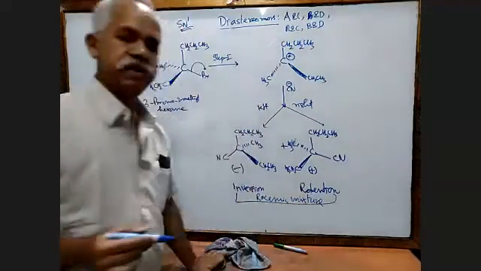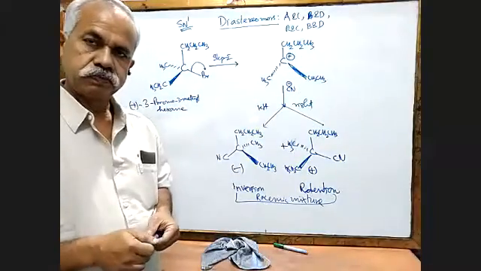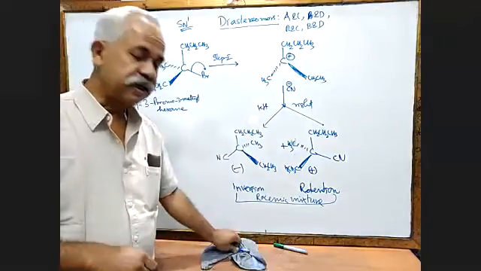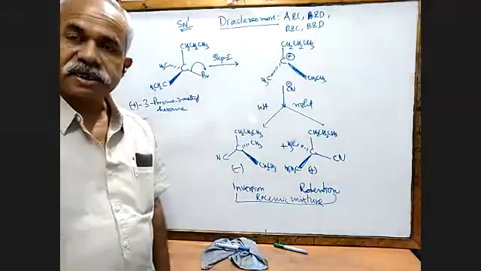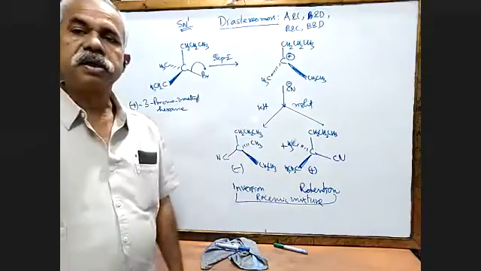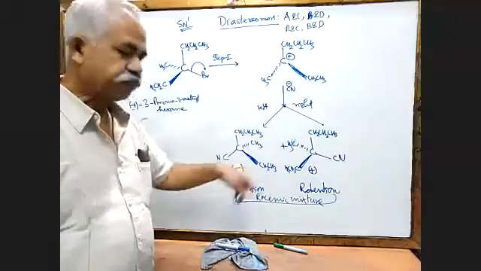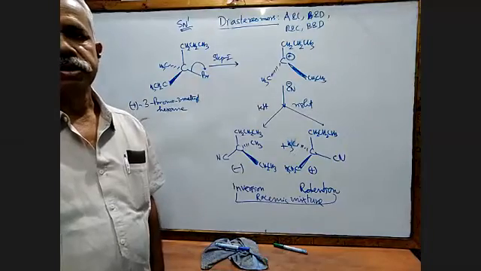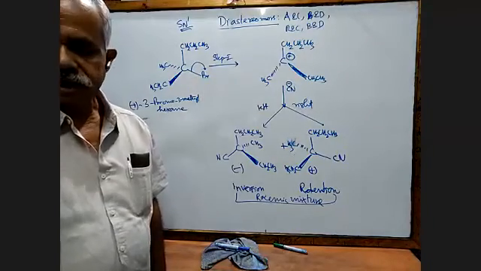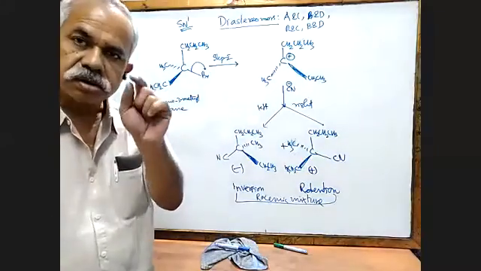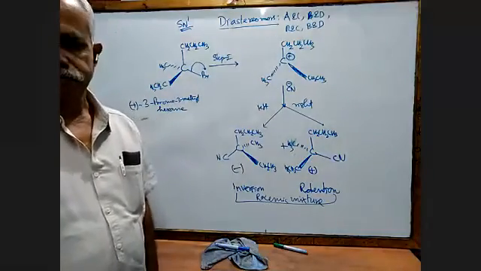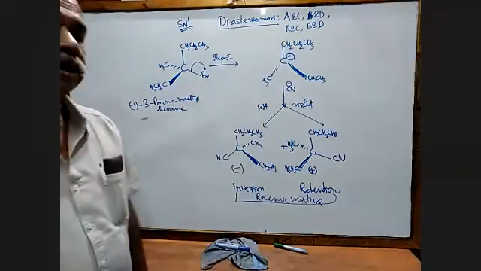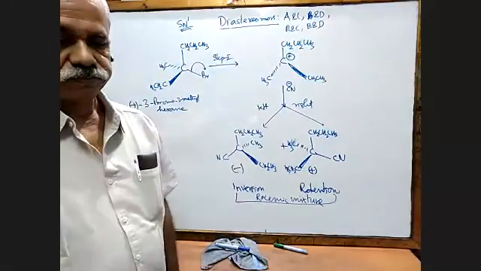Because of that, I told you that in an SN1 reaction, if you have started with an optically active compound, ultimately it goes to a racemic mixture, and that process is called racemization. In your book, racemization is also there. This definition is right, or you can write from your book. I have given you a copy also. Anyway, please write down racemization.